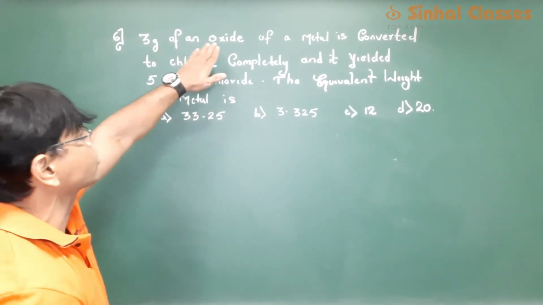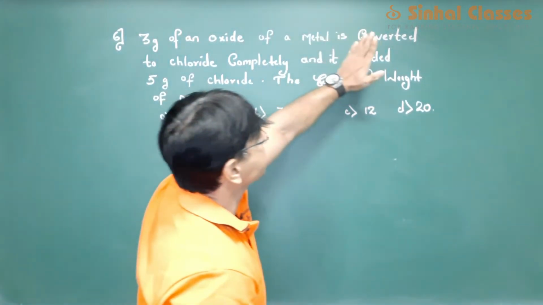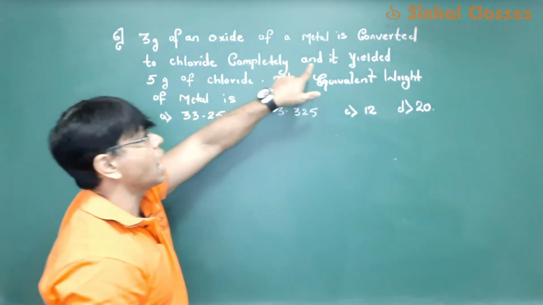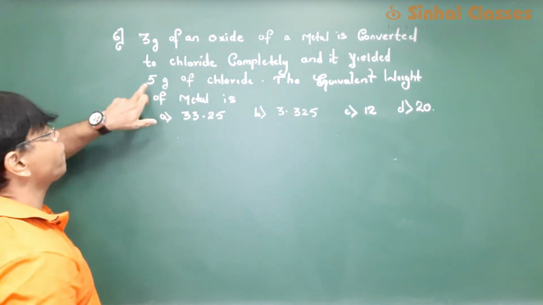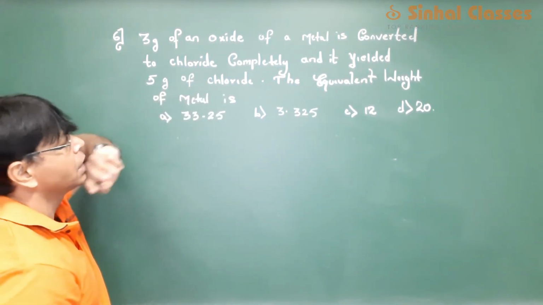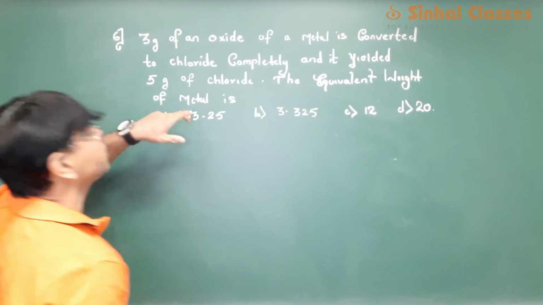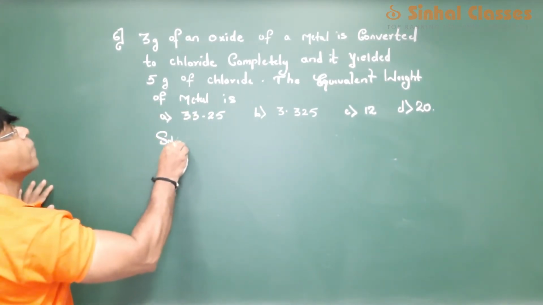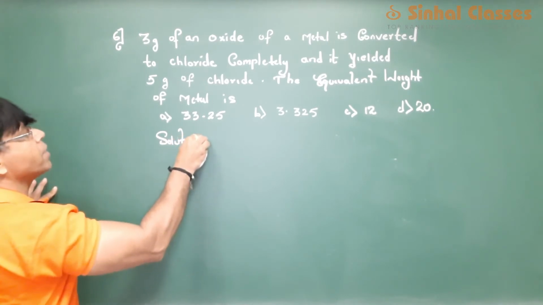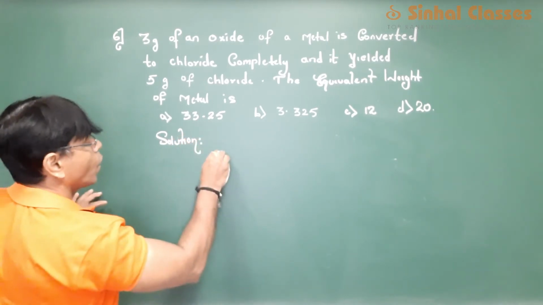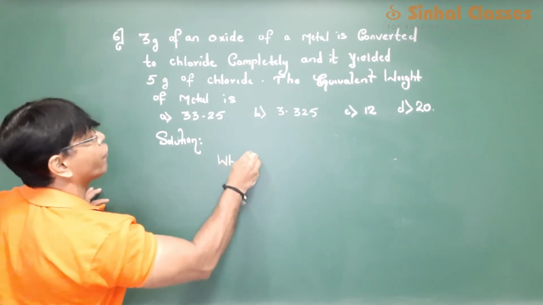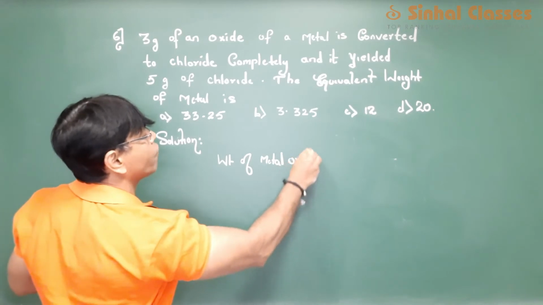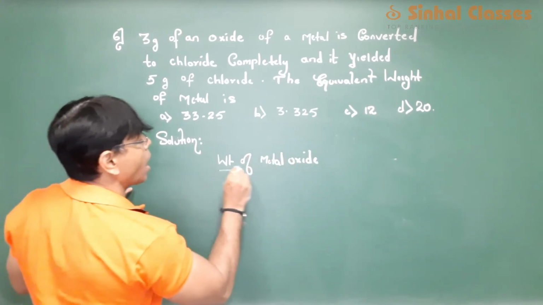3 grams of oxide of a metal is converted into chloride completely, and it yields 5 grams of chloride. The equivalent weight of the metal is. Now, how will you solve this question? Very simple. Remember this relationship. Weight of metal oxide upon